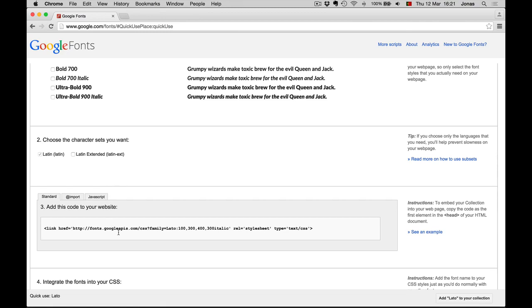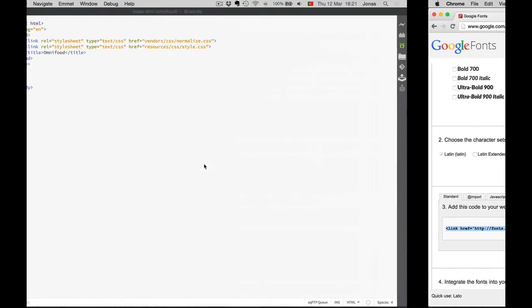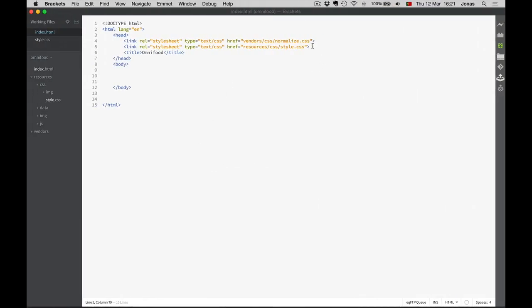All we have to do now is to come down here and copy this link and go back to our HTML file and paste it here, and that's it. And that's because this Google font is actually just a CSS file, which we use here in our project. But it's not a file that we download, it's a file that's on the internet, here on the Google Font server. Alright,